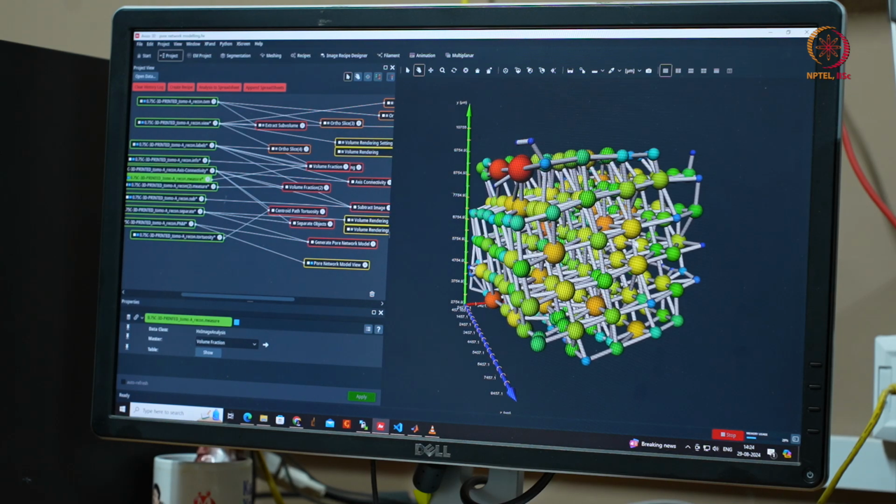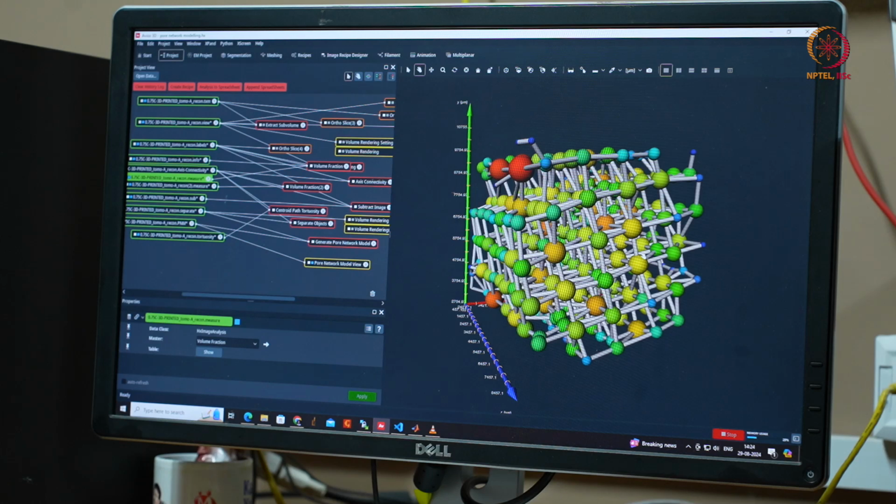From this software you can analyze by making a certain recipe, and you can see this kind of 3D pore interconnected modeling by using different methodologies. You can see the formed 3D printed hydrogel based scaffold is highly interconnected, and here you can see it by a sphere fitting model.